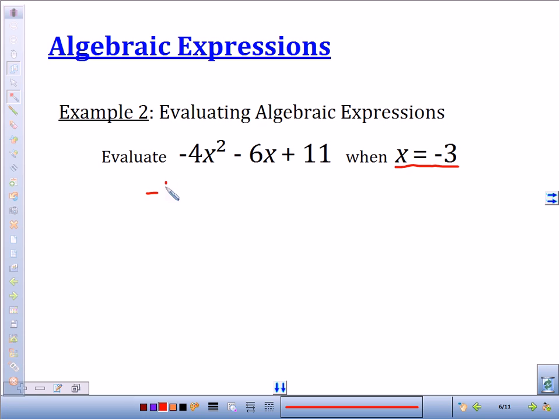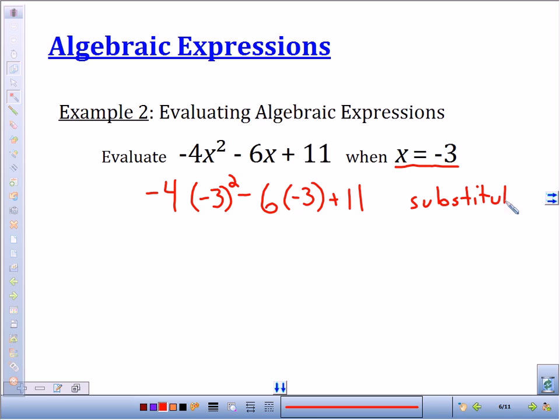We have -4. I'm substituting -3 in for x. Nothing else has changed. It's still -4 times -3 squared minus 6 times -3. Again, nothing else has changed. It's still -6 times, but now instead of x I have -3 plus 11. So I've substituted in. That is the first step